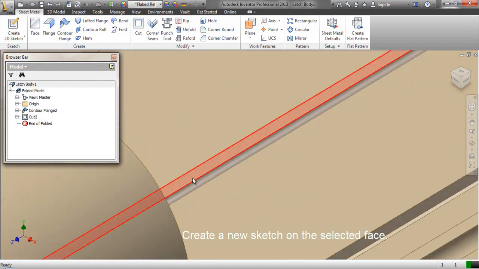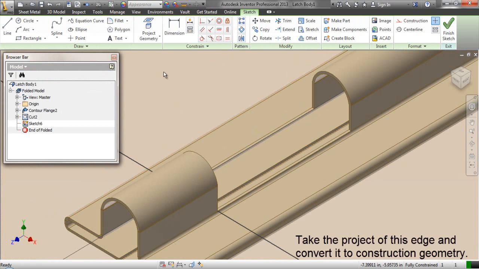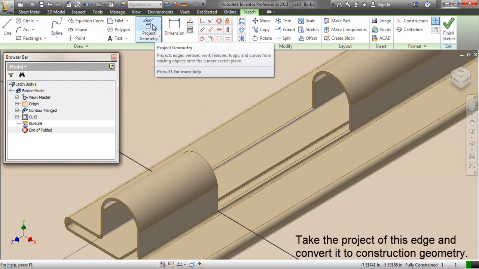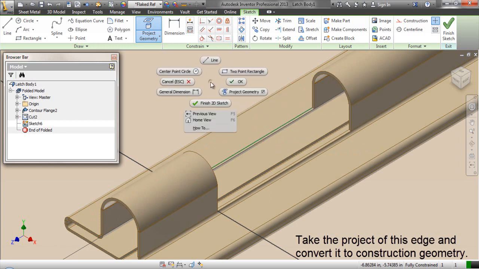Create a new sketch on the selected face. Take the project of this edge and convert it to construction geometry.